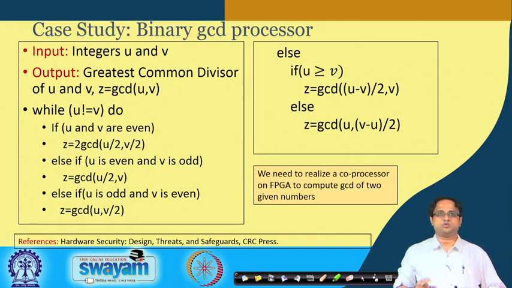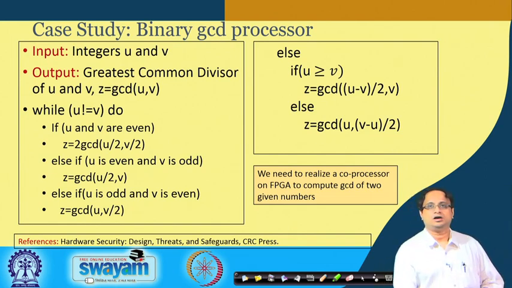The algorithm is broken up into certain parts or possible branches. The first thing is that you check whether u and v are the same or not, because if u and v are the same, then you have a trivial result. If u and v are not the same, then you compute this in a recursive fashion. What you first check is whether both u and v are even. If both are even, then if the greatest common divisor of u and v is z, that is the same as factoring out 2 and computing the GCD of u by 2 and v by 2. That comprises your first branch.